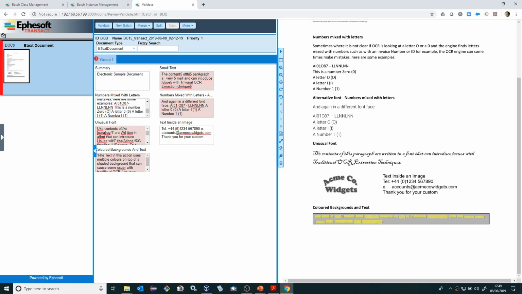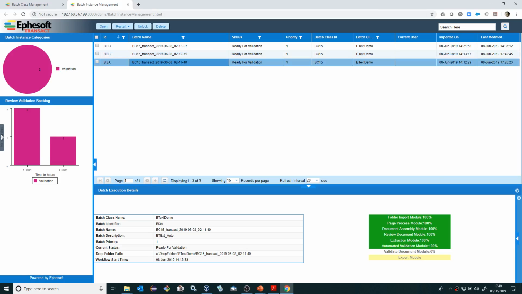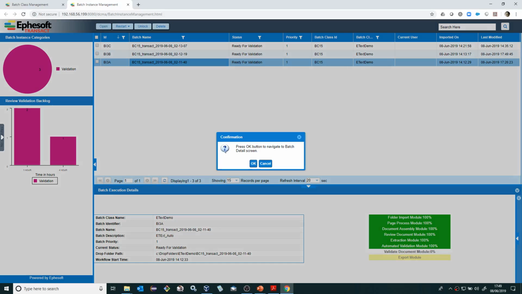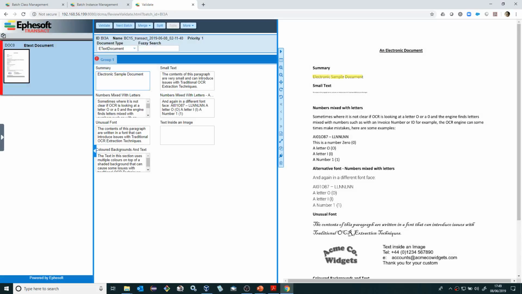So this is what you might find if you were to put this through a standard OCR batch class. Now moving on to take a look at the new EText extraction feature within Ephesoft Transact. And if we open this batch instance, we can see now that all of those quality issues have entirely